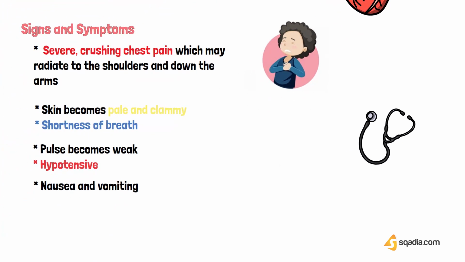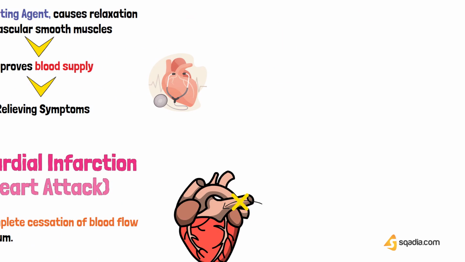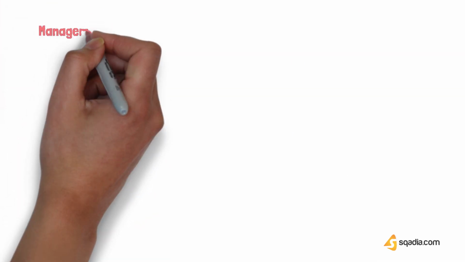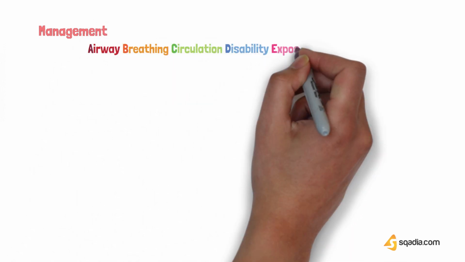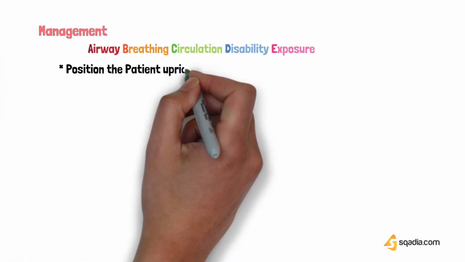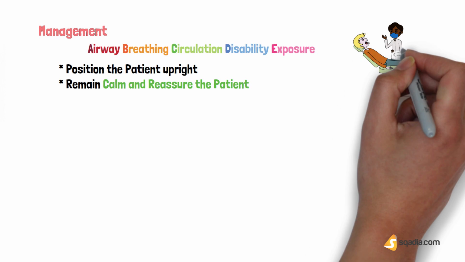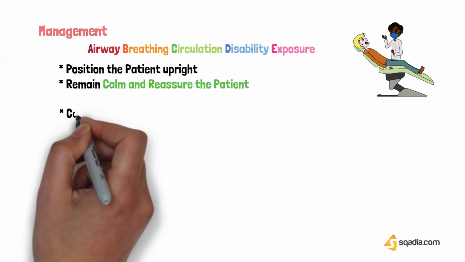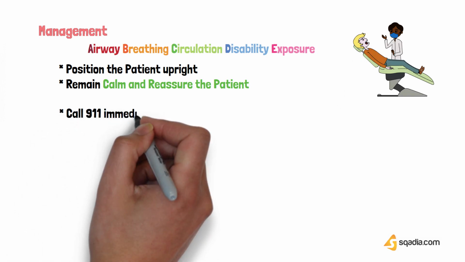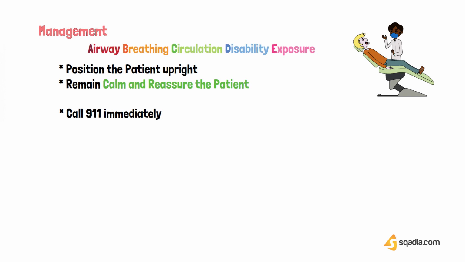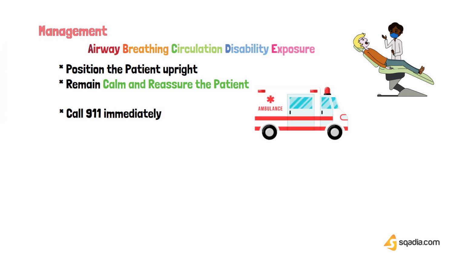Let's move on to the management. We're going to carry out the airway, breathing, circulation, disability, and exposure protocol. Then we're going to position the patient upright, relax the patient, and reassure. Now, the next thing that we need to do is call the emergency helpline immediately. So an ambulance is on the way because we will need some additional medical help in dealing with a heart